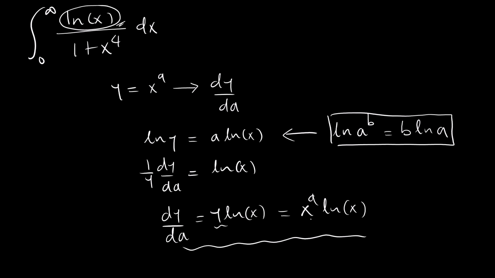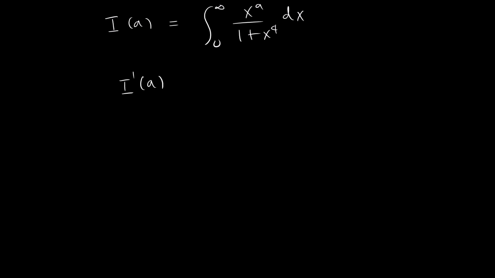In other words, if we created an integral I of a, which is equal to the integral from 0 to infinity of x to the a over 1 plus x to the fourth, then the derivative with respect to a will be obviously, and here we are invoking differentiation under the integral sign,